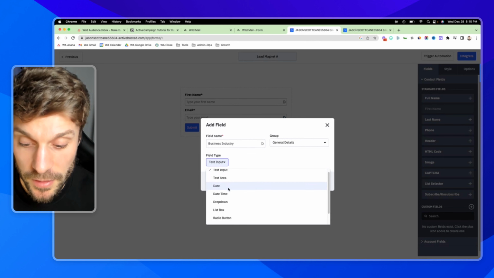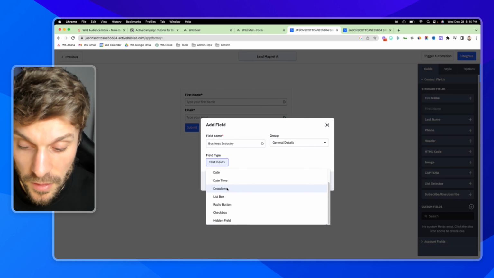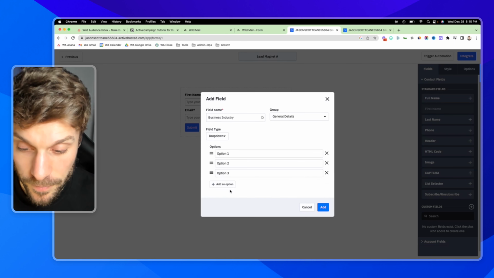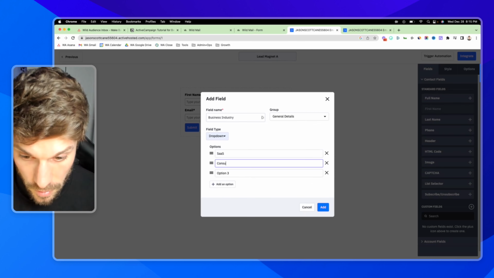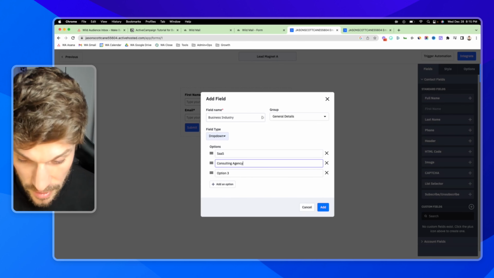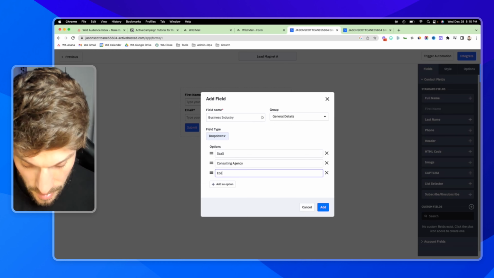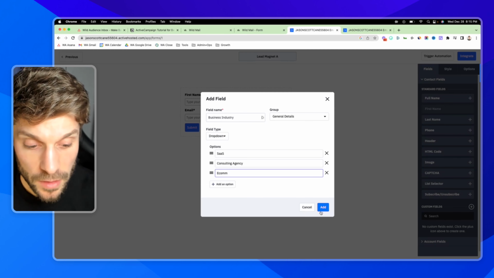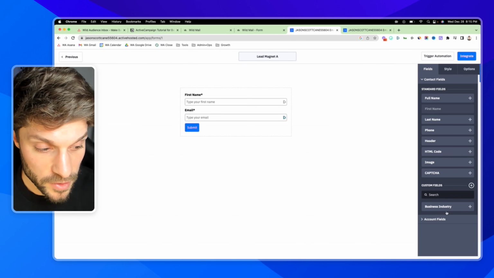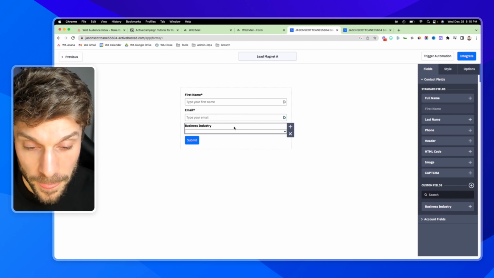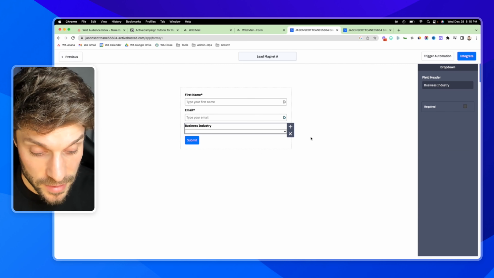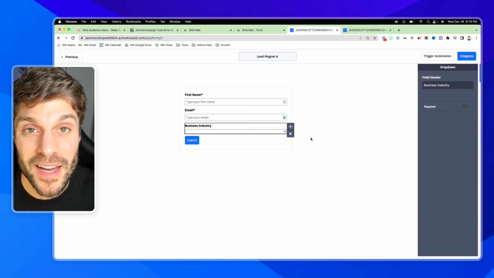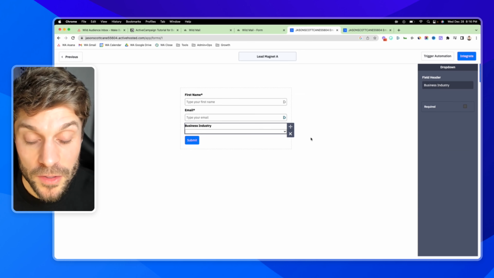And then for the field type, we're actually going to select the drop-down option. And we can say something like SaaS, consulting, agency, and ecom, and hit add. And now we can choose it from our custom fields over here, add it to our form, and they'll be able to select their industry. And that'll get saved as a custom field. And we can use that to personalize our copy to them in the nurturing emails, which I'll show you in